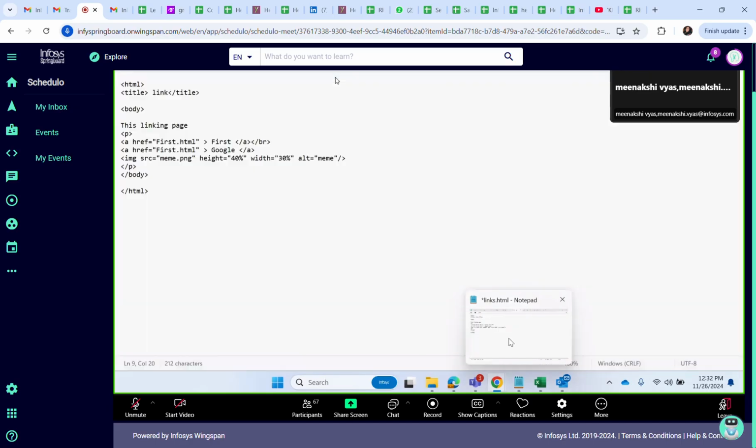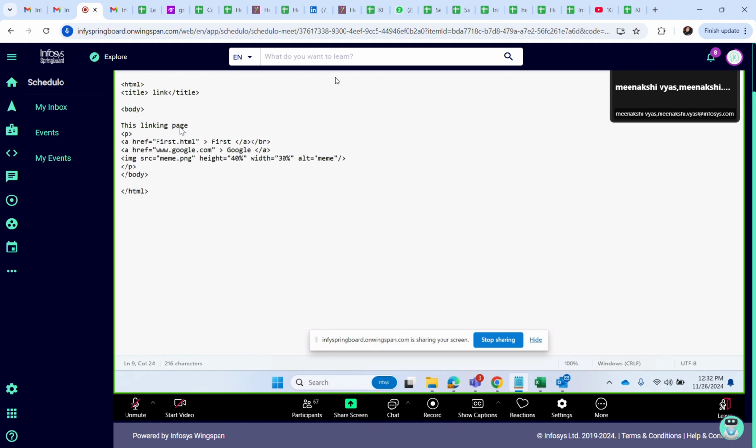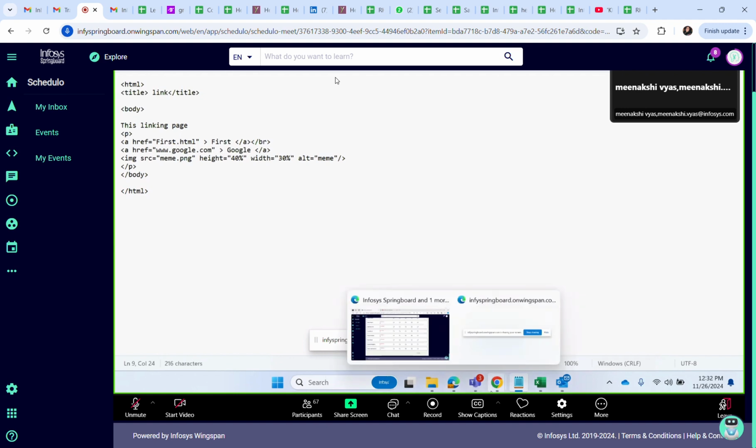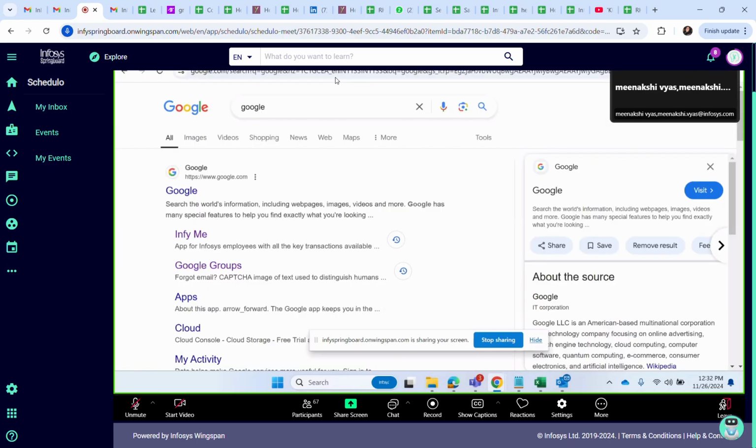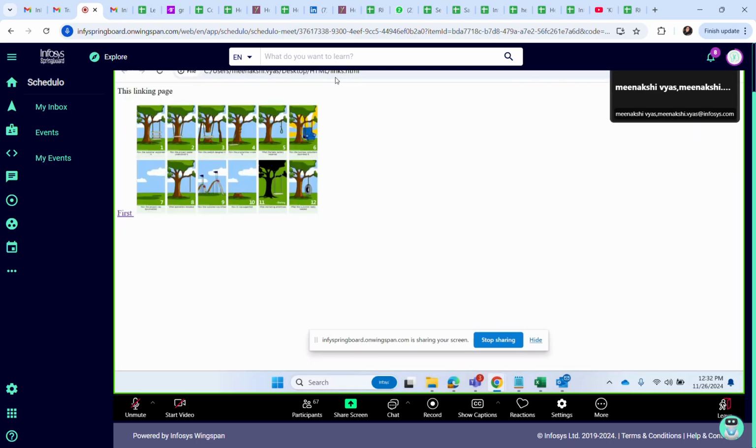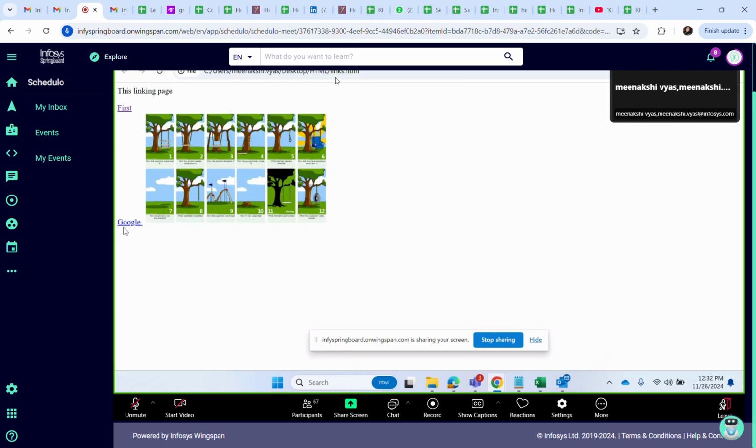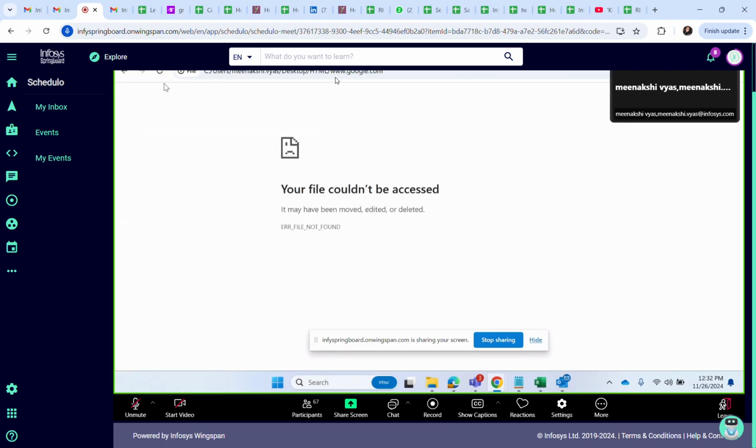You can write www.google.com, save, and refresh. See, Google is coming. If I click here, the google.com page should open.